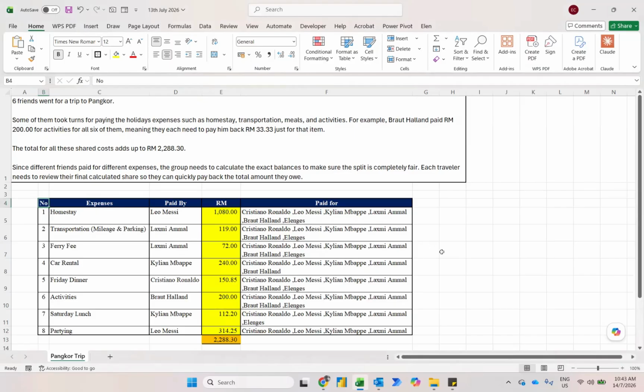In this particular file, we do have all the expenses and it shows that these 6 friends went for a trip to Pangkor. And in fact, some of them actually took turns to pay for the expenses, like for the homestay, transportation, ferry. So for example, over here, you see, Holland paid about 200 ringgit for some activities like snorkeling and so on. And these 200 ringgit should be shared among these 6 people, whereby each of them has to pay 33 ringgit